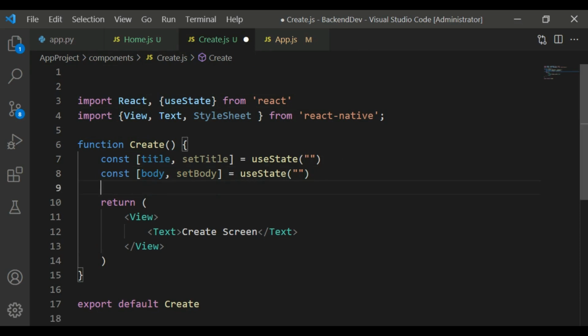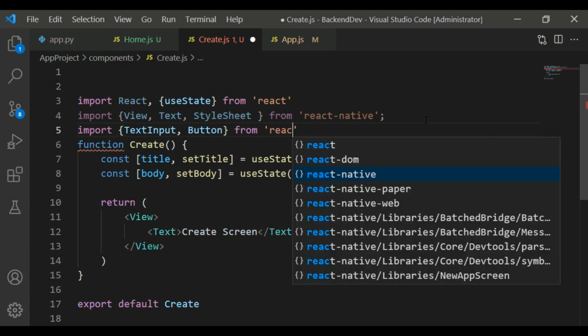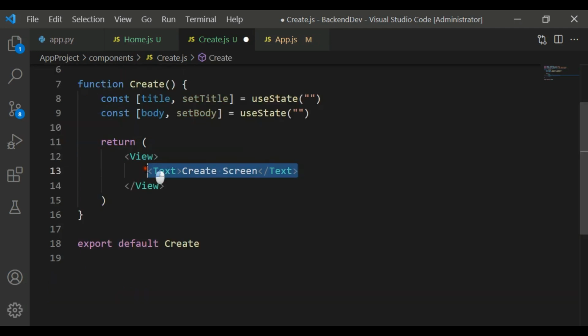Now after creating the state, let's create our input fields. We also need to import TextInput, so we can say TextInput, and also Button from React Native Paper, like this. Let's remove this text from here, and for right now I can create my TextInput in here. So I can just say TextInput,